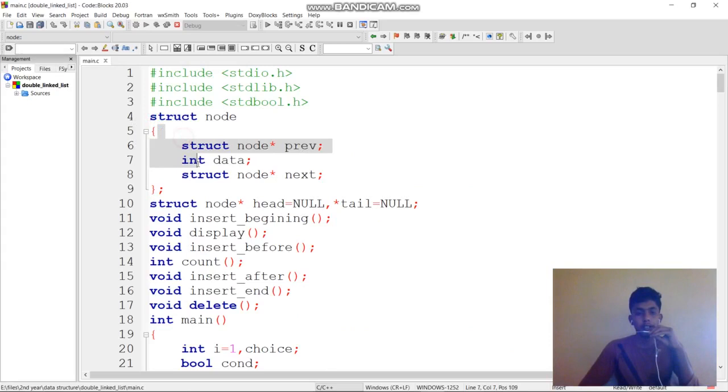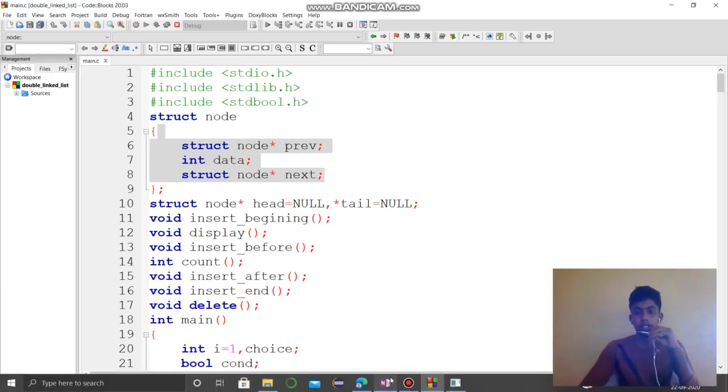Under that I have created three members: one holds the address of the previous node, the second holds the data we are giving, and the third holds the address of the next node. So totally there are three variable declarations of data types. These three will be allocated dynamically in continuous memory, with a common address.